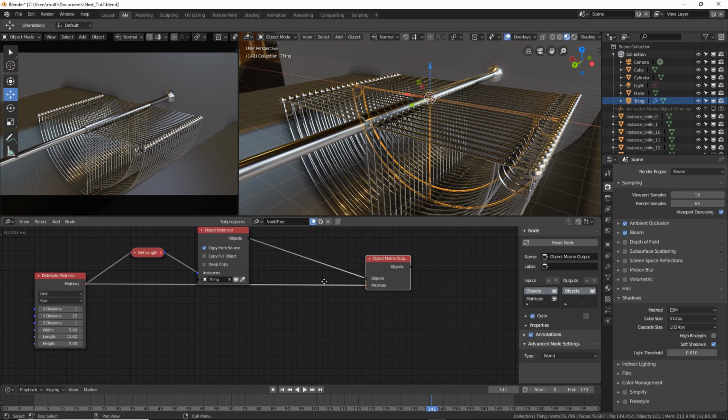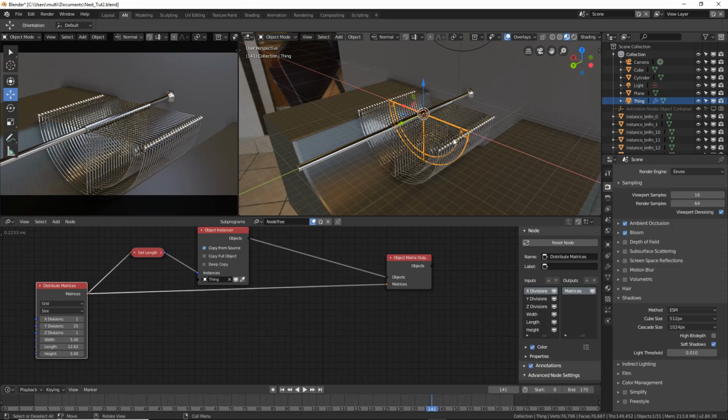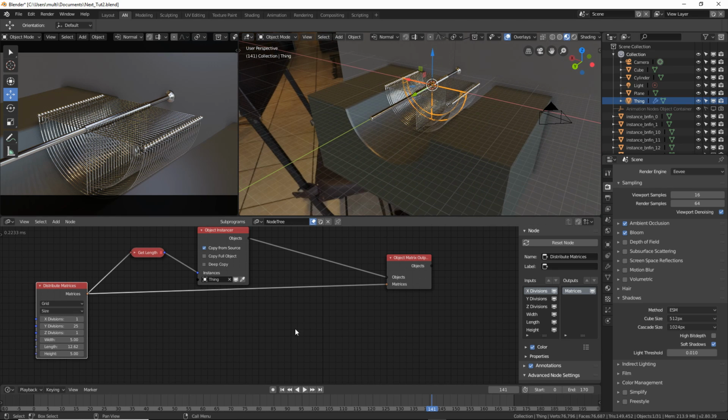Now we have to animate this thing, and I don't want to animate that from animation nodes because it will become lengthy. So we'll do the animation in the viewport, so that we also have access to keyframes, and it will become very easy to manipulate those keyframes later on with the keyframe editor or graph editor. So what we'll do is we'll use the action nodes here. So we'll create an object animated, and we'll copy the animation and transfer the animation to these things, whatever you call it.